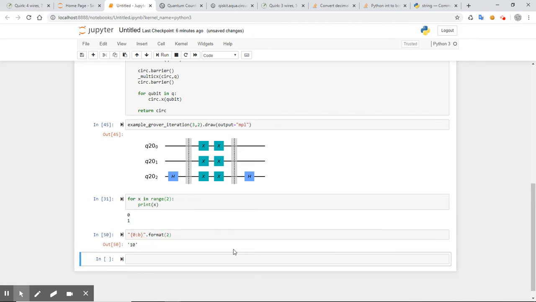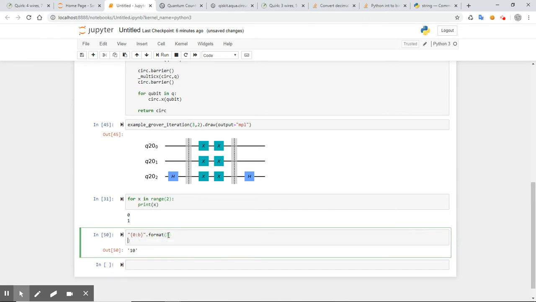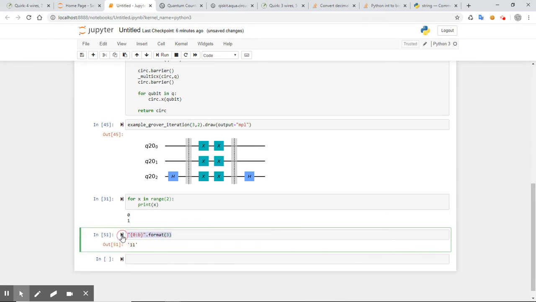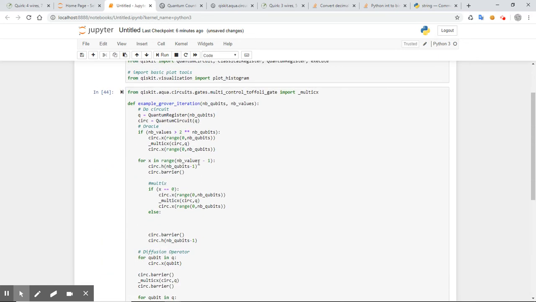Okay, cool. Okay, that works. Perfect. So I can say basically the binary X string is basically these, and now I can say,